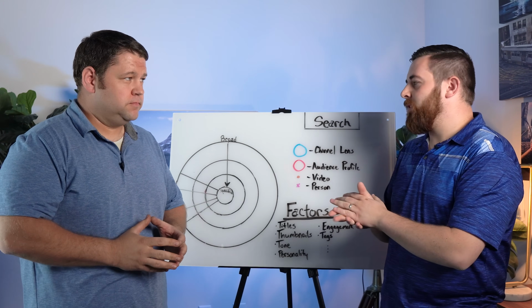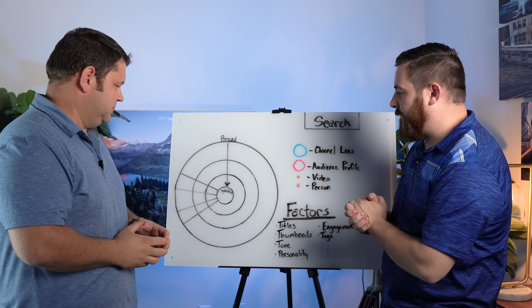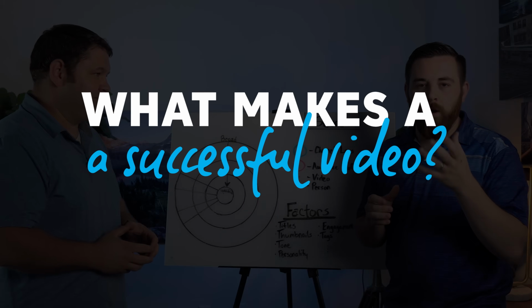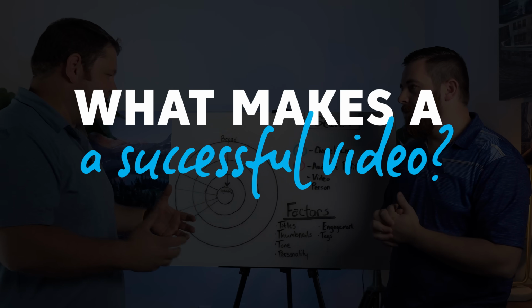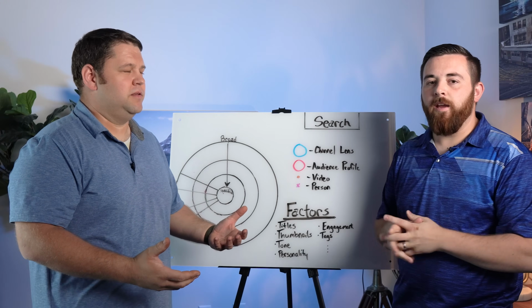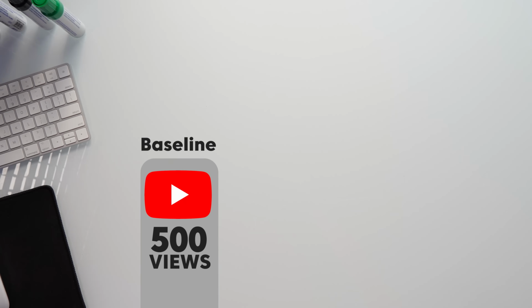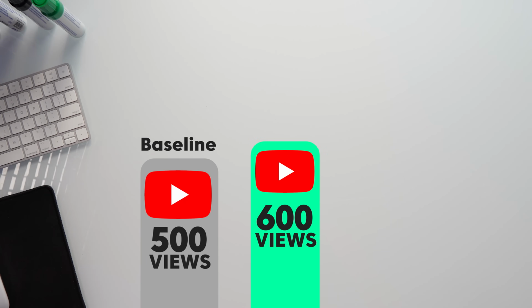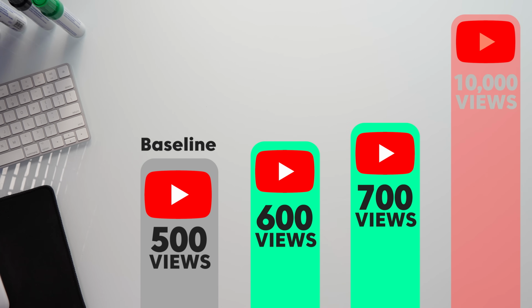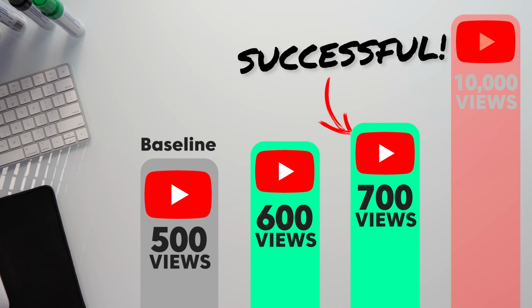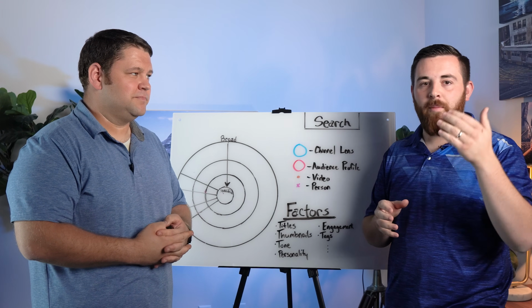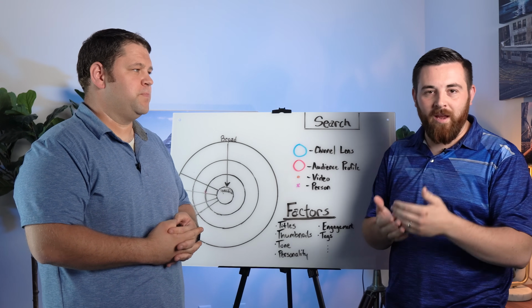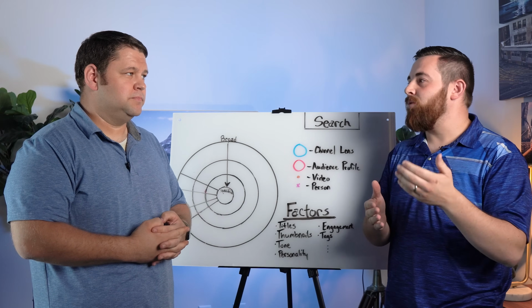And I think it's really important to frame, as we talk through all of these different scenarios, it's important to know what growth and success actually is and what it looks like. Yeah, we keep saying a successful video or an unsuccessful video. What does that mean? Yeah, if you're a channel and your baseline views are 500 per video, then a successful video would be like 600 views, or maybe 700. It doesn't have to be huge. You don't have to get a 10,000 view video for it to be successful. Generally speaking, I think success is just growth in an upward direction. Day over day, week over week, month over month, you're getting more views than you did before.